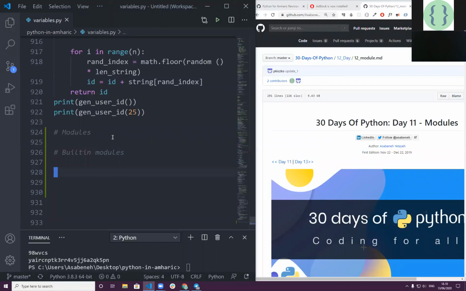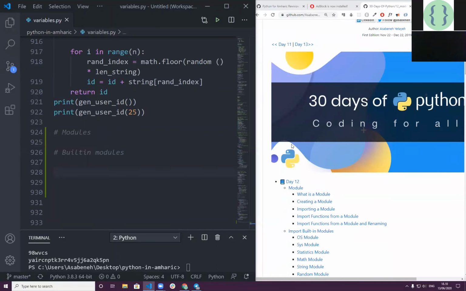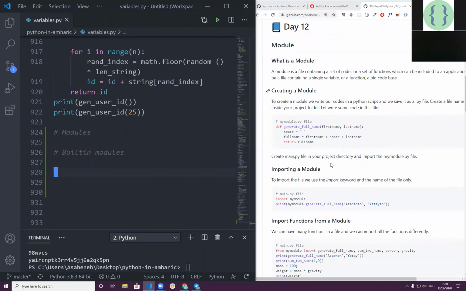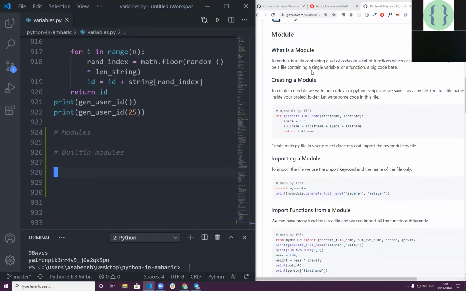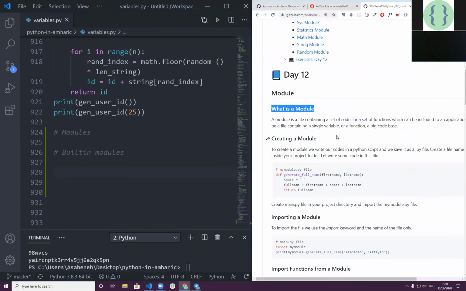ስለዚህ እንዴት ነው ሞጁል ምንጽፈው? I think everything ላላስታውስ እችላለሁ፣ ግን 30 days of Python ላይ ተቀምጧል already። ስለዚህ ያንን መከተል እንችላለን። What's the module? እዚህ ጋር ተብራርቷል። ሞጁል ማለት actually it's a function ነው። ያን function የተለያየ ቦታ መጠቀም ከቻለን ሞጁል ነው ማለት ነው። independently መጠቀም እንችላለን። ስለዚህ just a